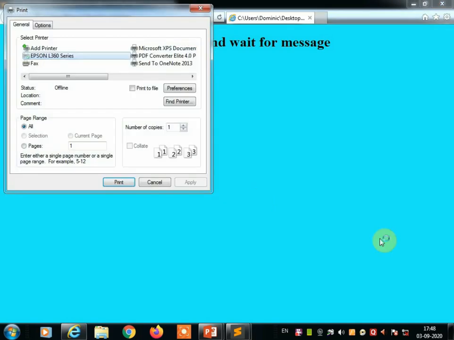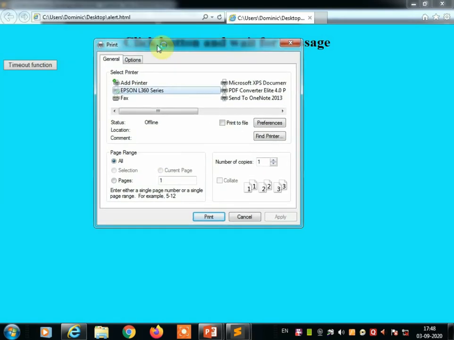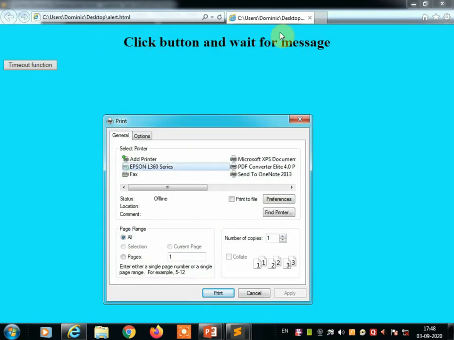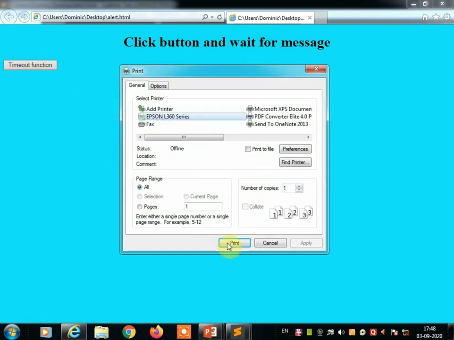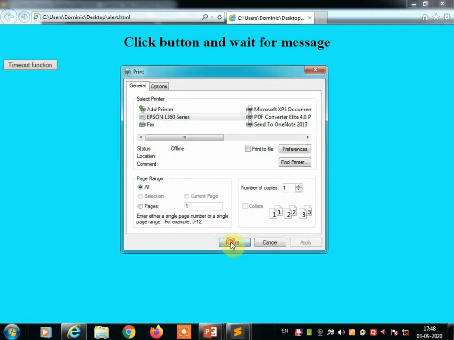Once you click on the OK button, the print dialog box will display, asking you to print this content. If you select the printer here and click on the print button, whatever is in this window will get printed, as well as the timeout function button.